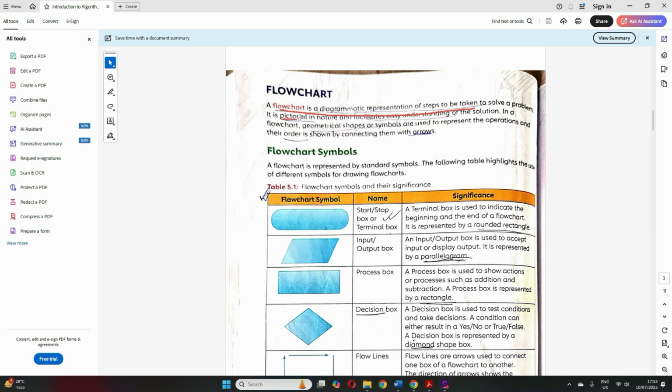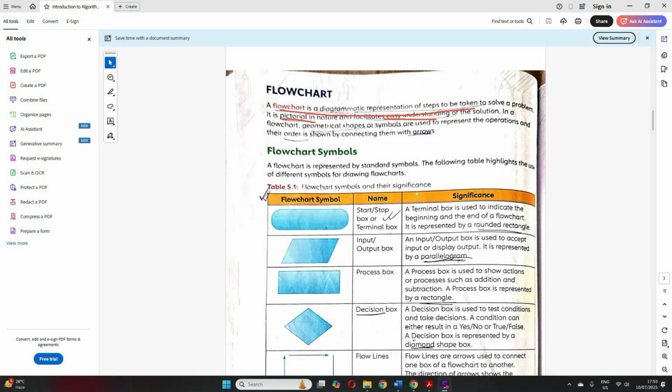It's basically a pictorial representation. Since it's pictorial and diagrammatic, it's very easy to understand. This is one of the advantages of flowchart over pseudocode: a flowchart is much easier to understand because it contains certain symbols by which we can represent the steps.